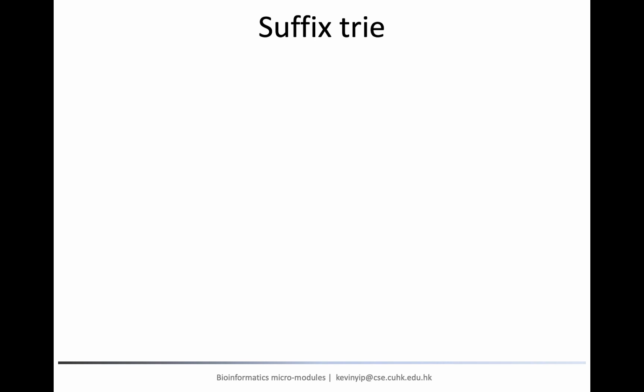The term trie is not commonly used. Basically, it is a tree, but we use the term trie here because later we want to introduce another indexing structure called a suffix tree. The main difference between them is that a suffix trie allows an internal node to have only one child, but the suffix tree does not allow it. Let's use our famous reference sequence TATACATTAG to illustrate what the suffix trie is.